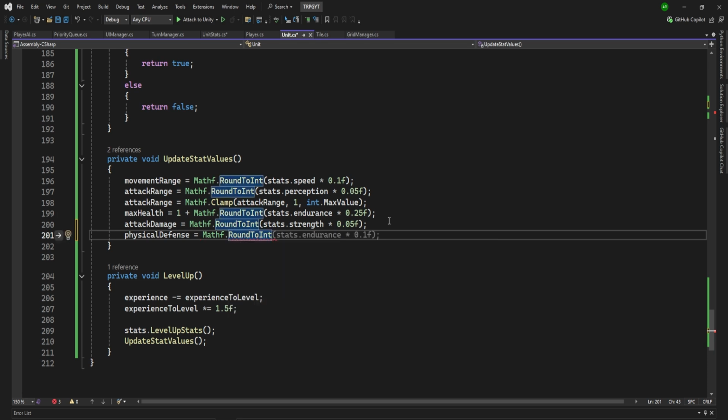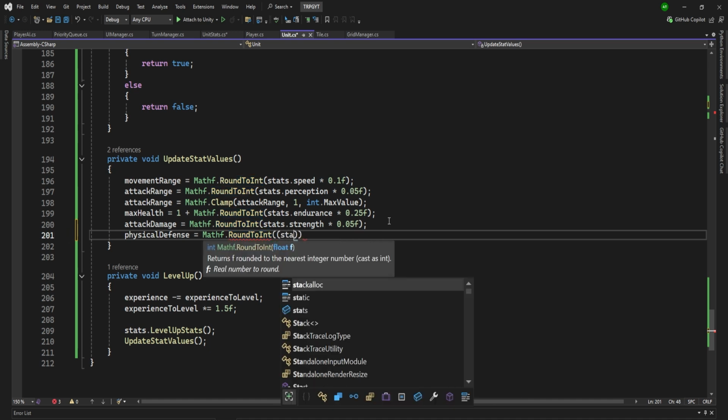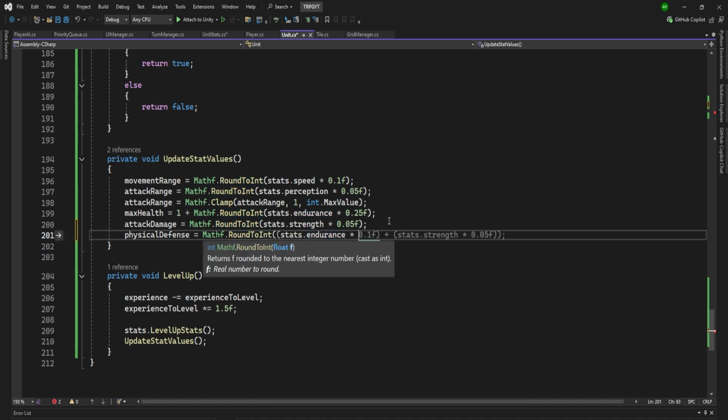And our physical defense is actually going to be a combination of two different stats. So we're going to have our stats.endurance times 0.02, so 2% of our endurance, plus our stats.strength times 0.01f. So our physical defense is going to be 2% of our endurance plus 1% of our strength,